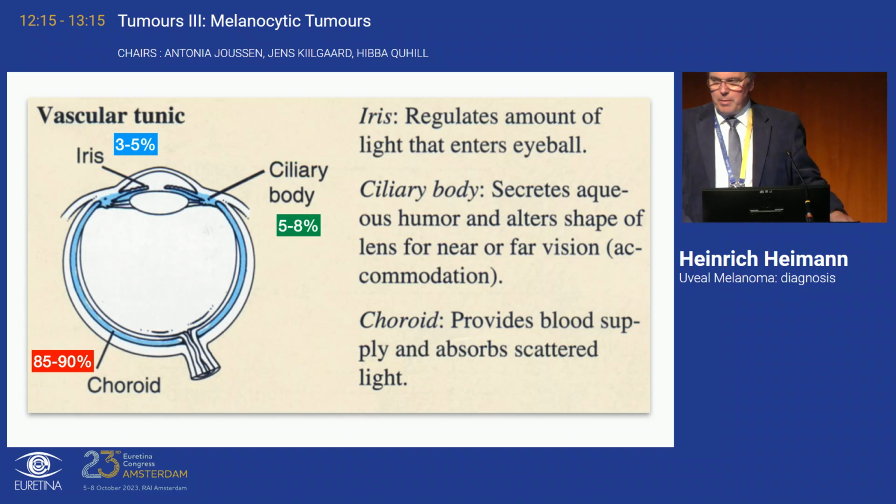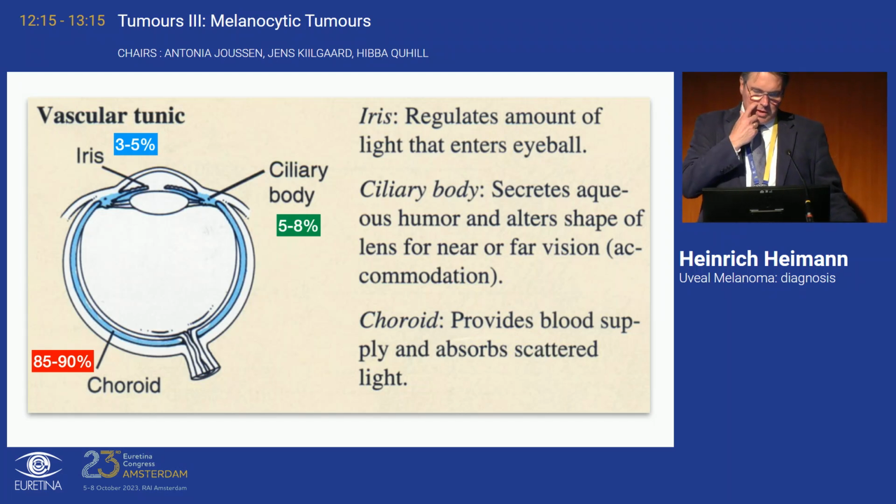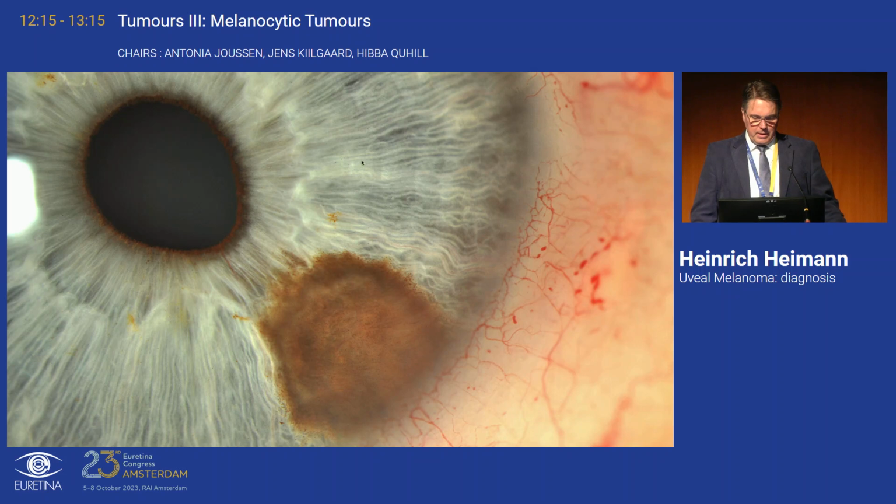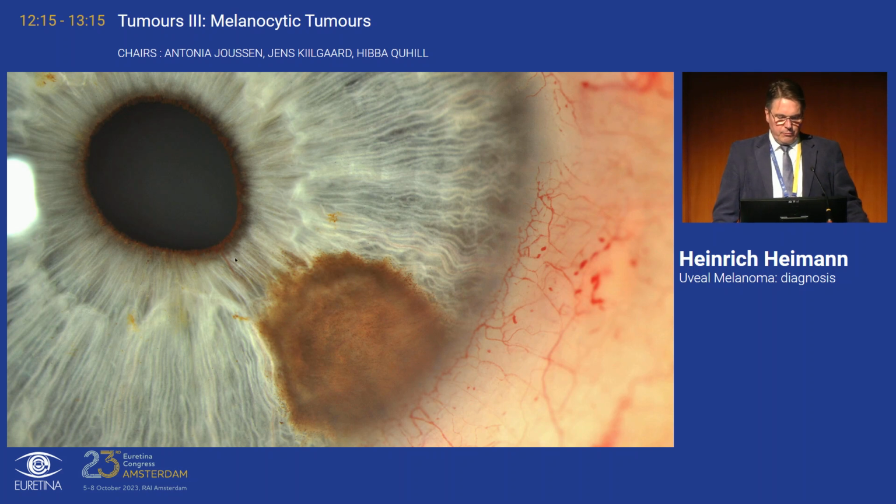Okay, talking about uveal melanoma, there are three parts of the uvea: iris, ciliary body, and choroid, and you can get a melanoma and a nevus in all three of them, and you can see the percentages here. So what I want to get across is the typical clinical presentation of the lesions. Starting with iris melanoma, typically it's lightly pigmented Caucasians in the inferior parts of the iris, and about 50% have